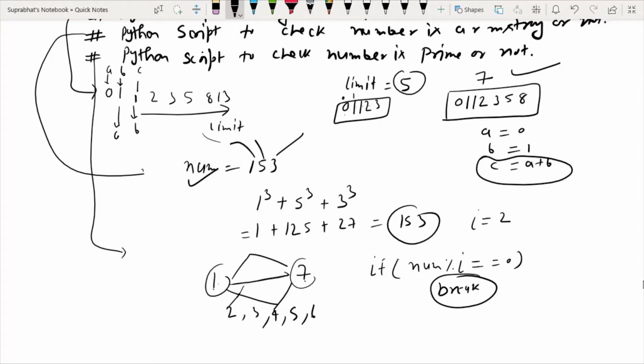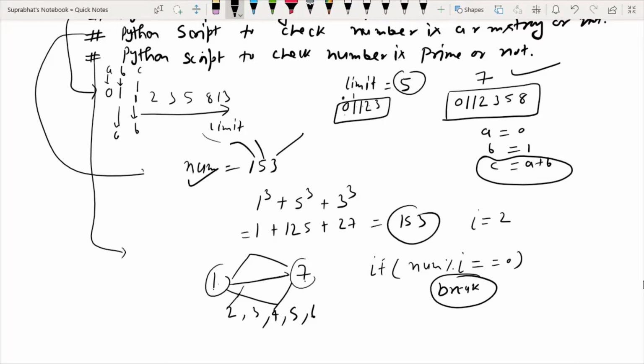So you have to understand how to write the proper logic. I am simply giving you the basic idea that you have to divide the number by each value between 1 and the number itself. So you will check for 2, 3, 4, 5, till less than the number. That will be our logic.